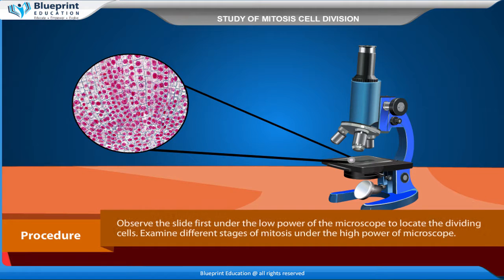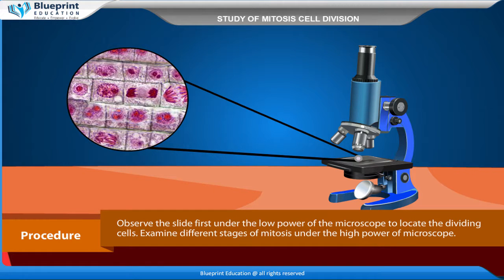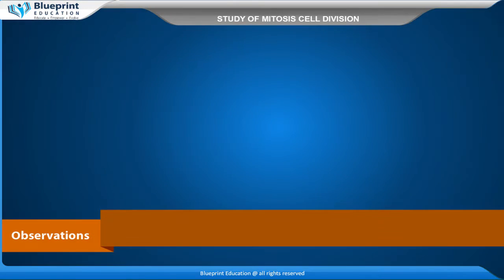Procedure: observe the slide first under the low power of the microscope to locate the dividing cells. Examine different stages of mitosis under the high power of the microscope. Observations: